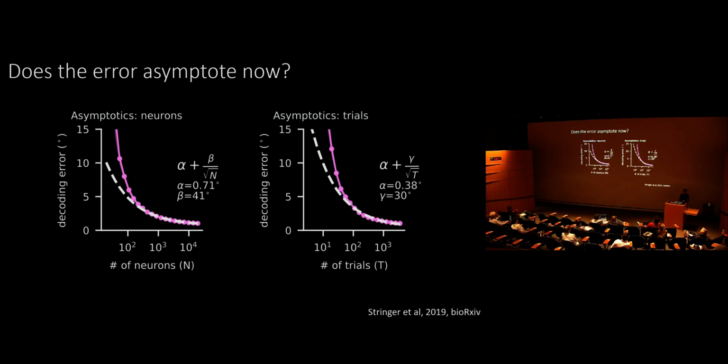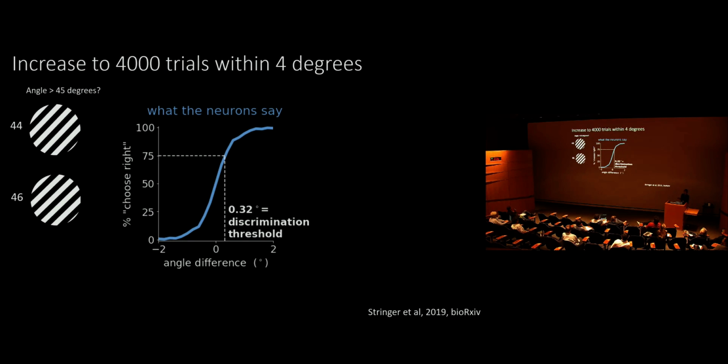We can't increase the number of neurons, and the brain can't either in some sense, but we can increase the number of trials. We showed 5,000 stimuli to 360 angles, so maybe we didn't have enough trials to fully accurately fit this model, and maybe we were overfitting. So the simplest thing to do is just increase the number of trials. All right, I'll show the slide, sorry. So increase the number of trials